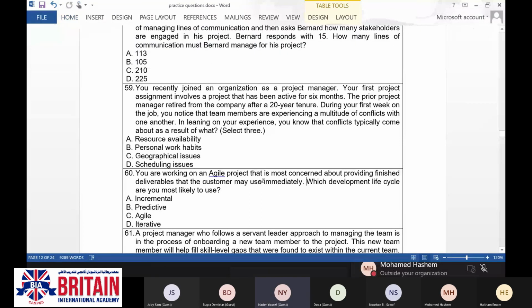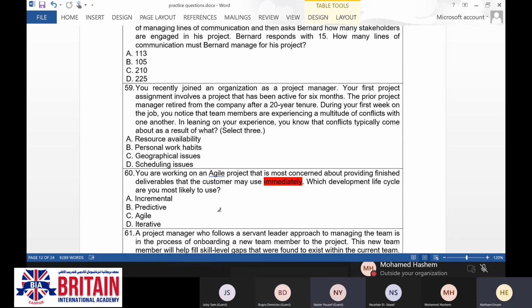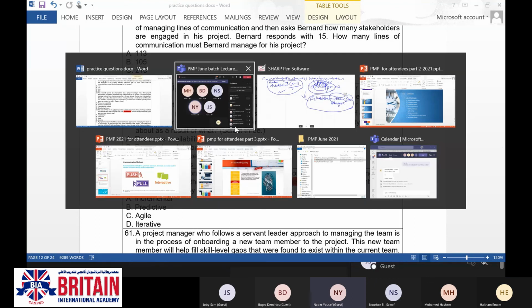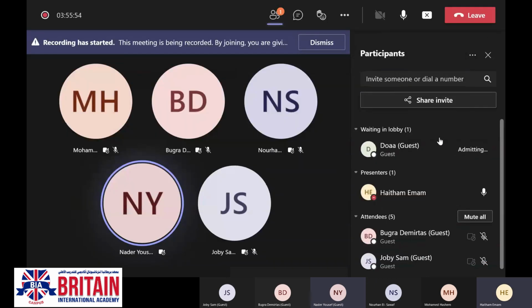To deliver immediately, it has to be the incremental. And why is it not iterative? Incremental will give small deliverables.